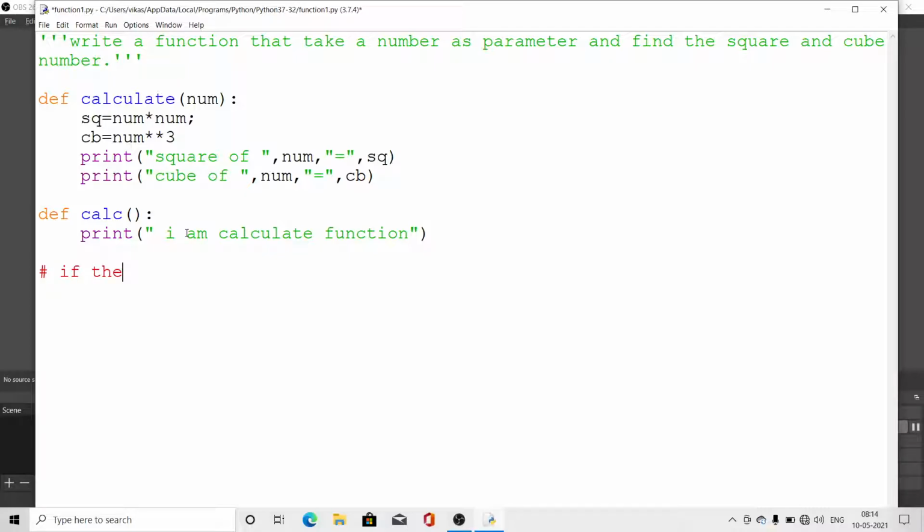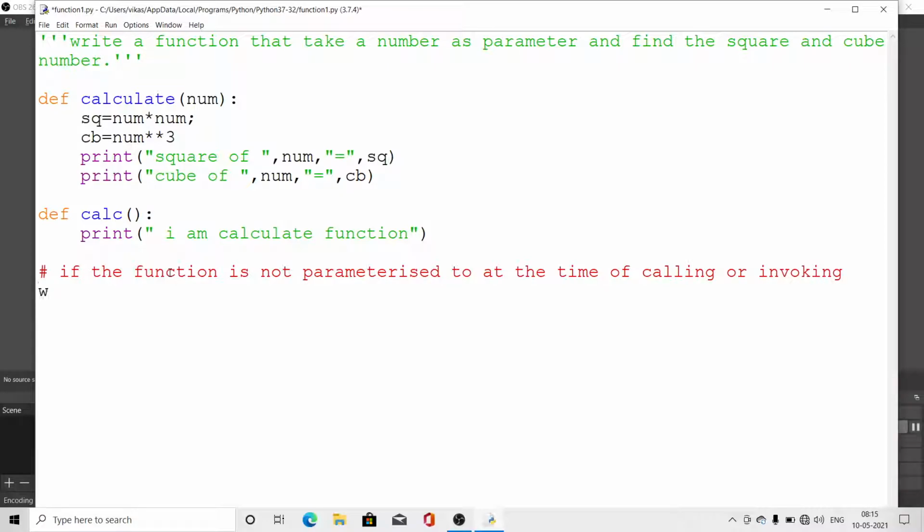If the function is non-parameterized, then at the time of calling, or in standard words invoking, we do not need to pass any argument in the function.